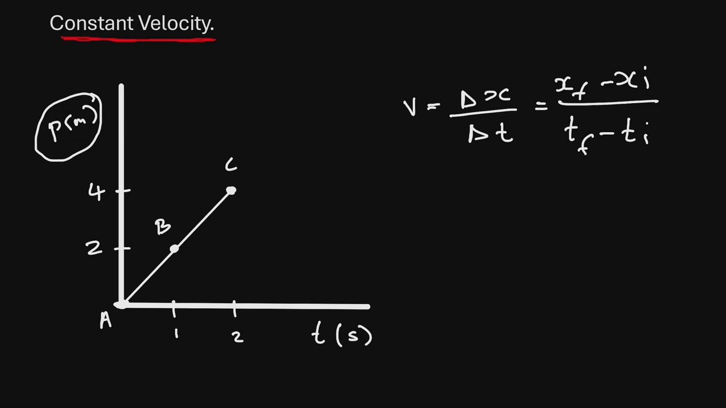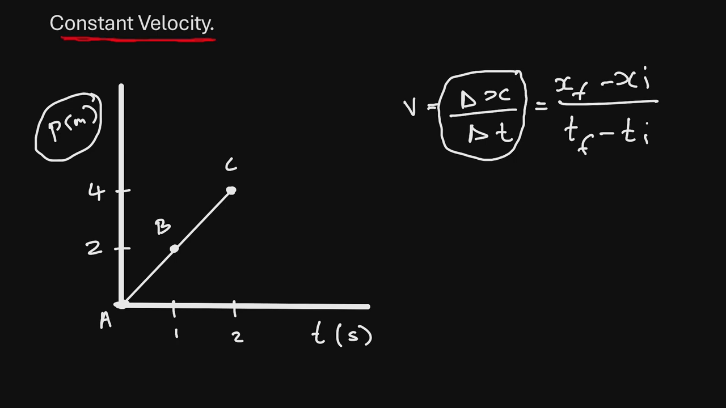The change in the y over the change in x. So in this case, this will mean now the gradient of the position time graph. So the velocity is the gradient of the position time graph. So in this case, if we had to calculate the velocity of this car that is moving from point A